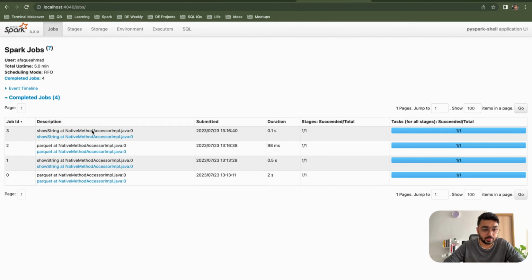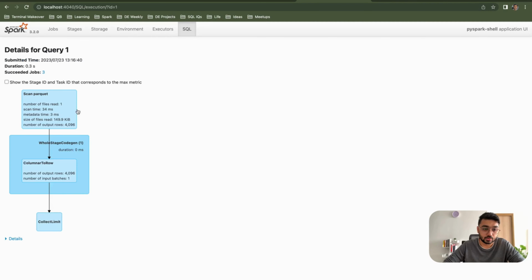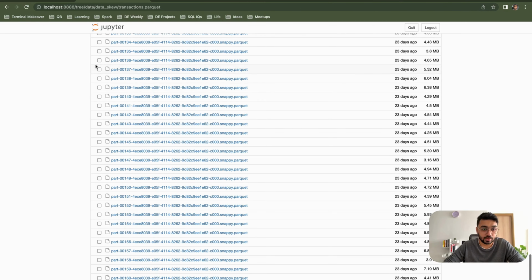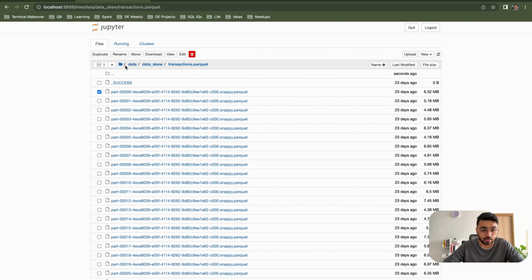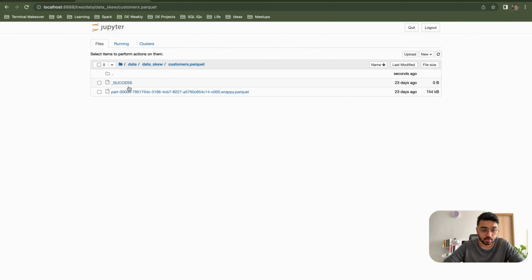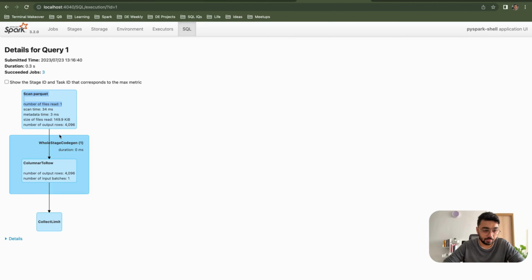So let's go ahead and have a look at the job. You see something very similar. It reads in the parquet file, and then it again does a show string, and the DAG would also look similar, right? It basically read in one file because there was only one file for customers. If I go to the customer dataset, there is only one part, and that is why it just read in one part, and then it does the normal drill of columnar to row, and then finally a collect